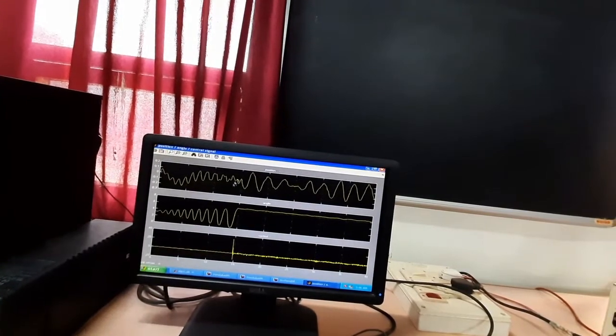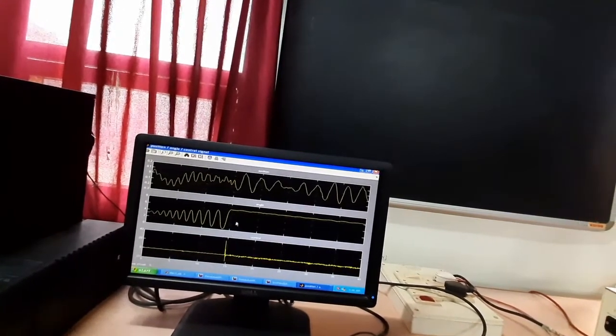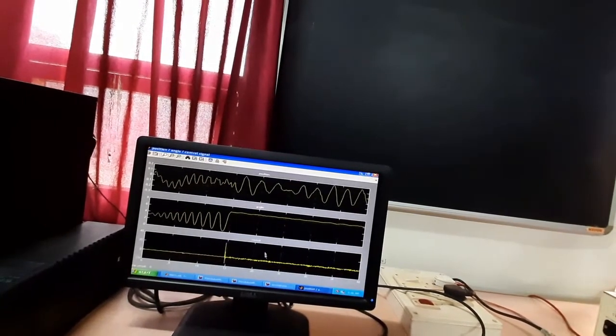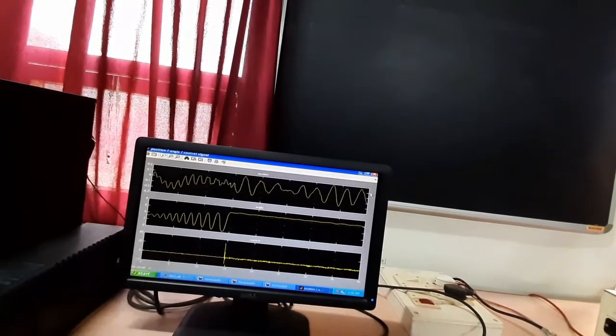This is our position, this one is our angle, and this is our control signal.